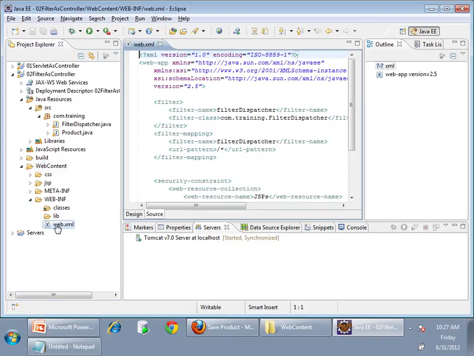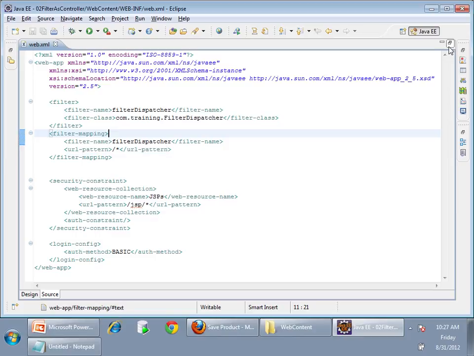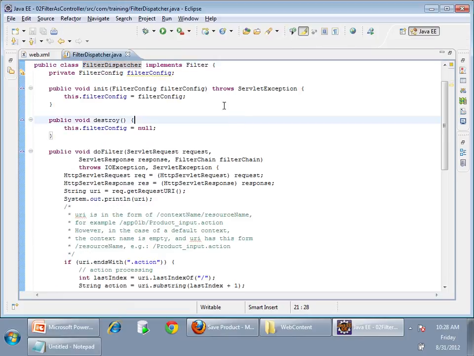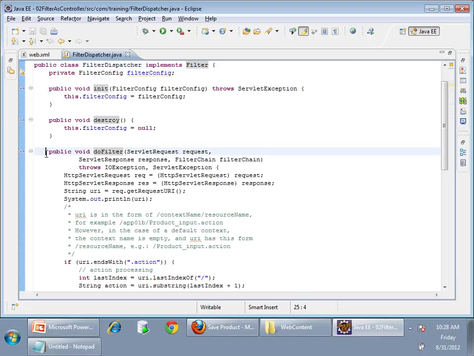Now see here. In web.xml, what I did is I configured a filter, no servlet now, with slash star. Every request will come to the filter now. Even if I give a request for a CSS file, it will come to the filter. Now see the code inside the filter. The filter is implementing Filter, as you know already. In this doFilter, see,